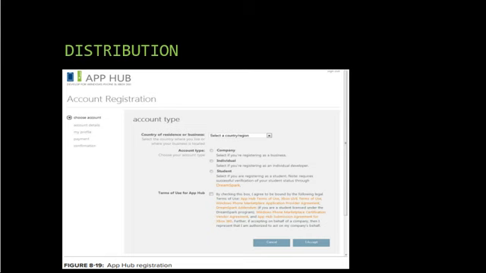So in distribution, we have already done our application, and now you have to distribute it. First of all, you have to register yourself by paying some amount, around $99 per year. Once you have paid that $99, it allows you to make free as well as paid apps. It allows you to submit unlimited paid apps, but free apps only 100. If you still want more, you have to pay around $20 per submission. It also allows worldwide distribution, and it allows you to give some trial options.